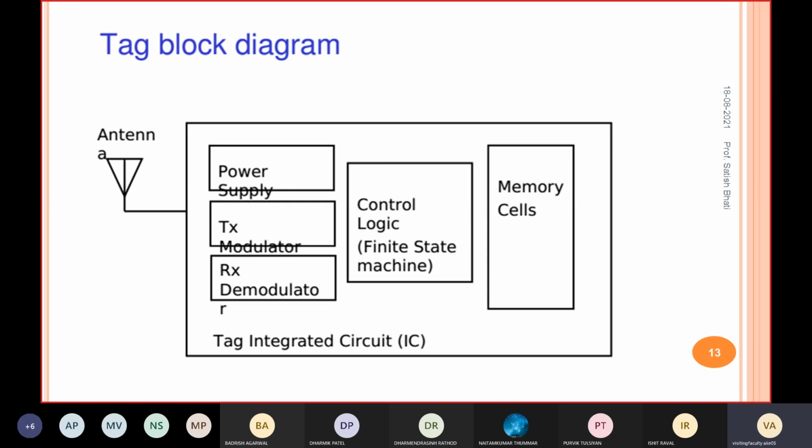So the block diagram of tag, as I told, it has an antenna, it has a microcontroller. So microcontroller means to do some control logic, right? So this control logic, the center one, is nothing but a kind of processing unit, right? Then it needs memory to store the data, so memory cell, right? Then definitely it's electronics, so you need some power supply, right? In some cases you will get the power from the reader, and in some cases you have your own inbuilt battery, right?